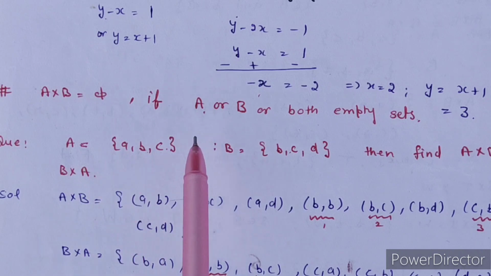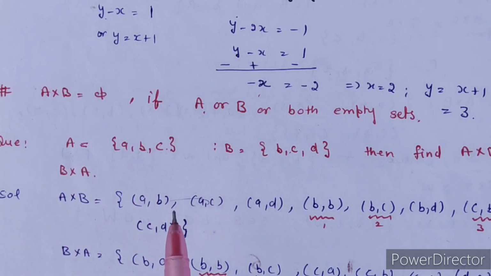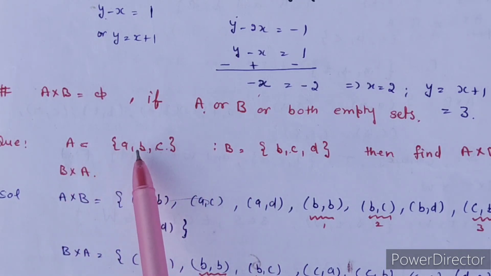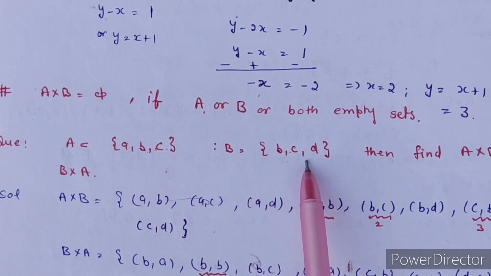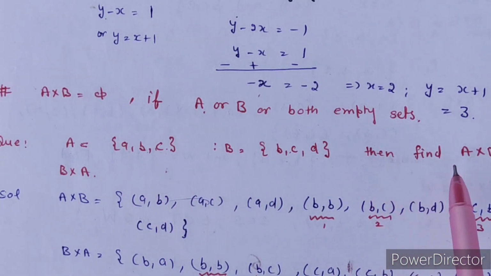So there is one more question I gave in the classroom. A is the set containing 3 elements and B is the set again containing 3 elements. And the Cartesian product, आपसे पूछा है A cross B and B cross A. तो I hope ये तो easy question है, आप कर लेंगे. But here I want to give you information about the common point.